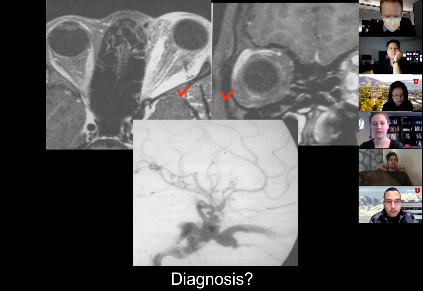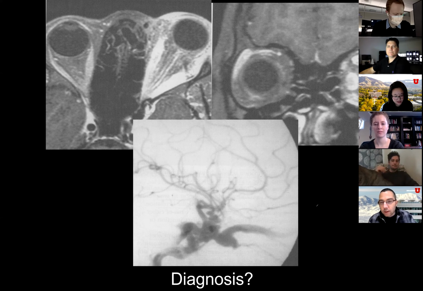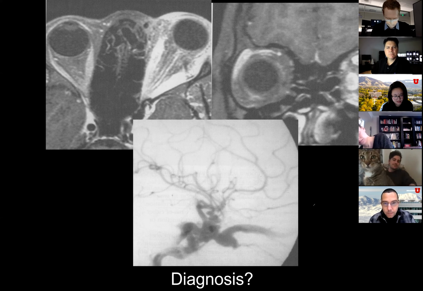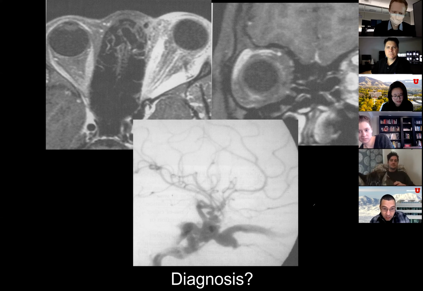So there's lots of enhanced retrobulbar enhancement, extraconal retrobulbar enhancement in the left orbit with proptosis. There's enhancement and enlargement of the left extraocular muscles, and then the angio is showing